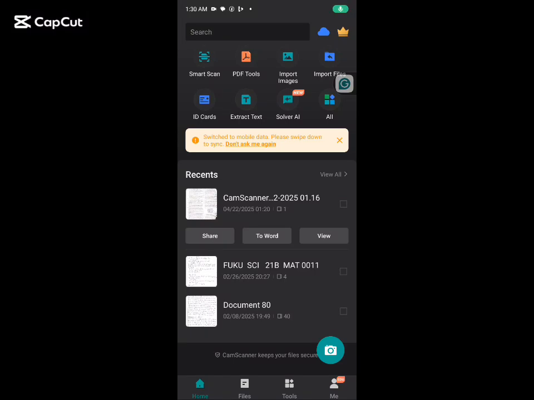How to synchronize CamScanner across devices without cloud. Now, if you want to sync CamScanner across devices without using your cloud, what you're going to use is your Wi-Fi. You make sure you're connected to your Wi-Fi first of all. After you connect to your Wi-Fi, then